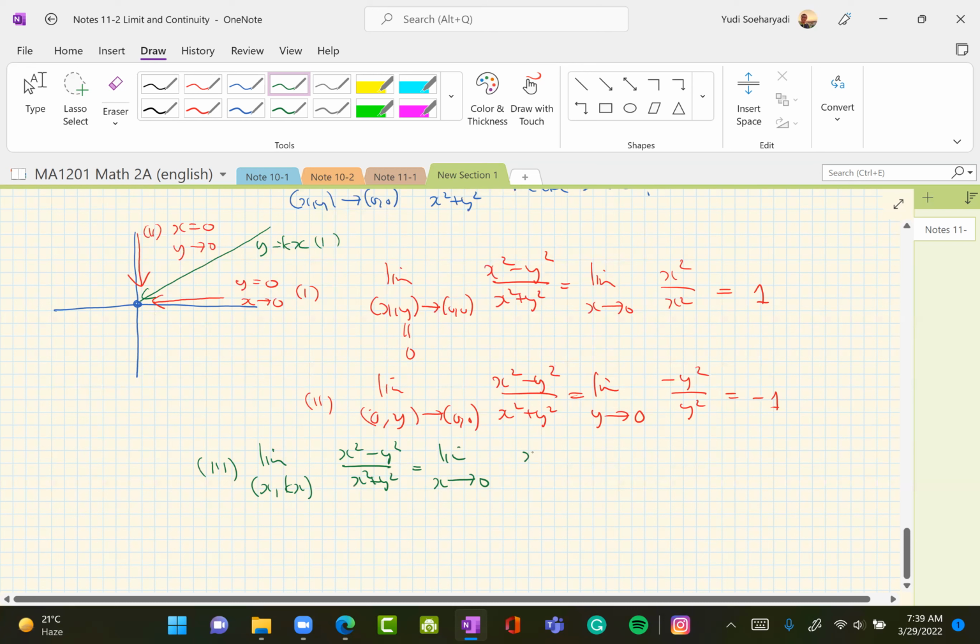So what you have here is x minus kx squared, then you have x squared plus kx squared. Here you can do some simplifications because you can factor x squared out. So 1 minus k squared over 1 plus k squared. So this cancels. So at the limit, you only have